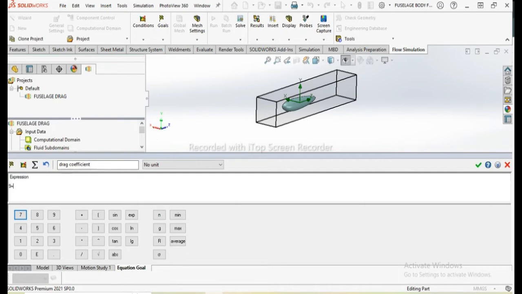So this is the drag coefficient. I'll start with brackets, 2 times the drag force, which will be calculated by CFD. Next will be